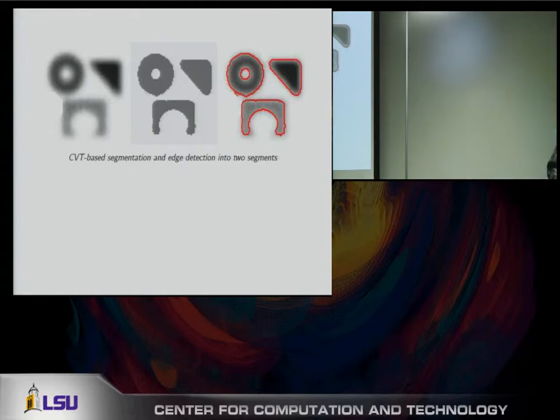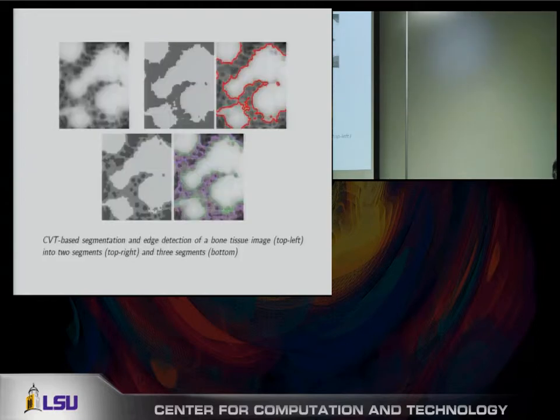So that's a simple one. Here's a picture of a bone marrow image, and this is the original picture. This is a two segmentation. This is the edges of a two segmentation done by CVT. Over here you see that really there's three different colors. So this is a segmentation into three segments, and this is